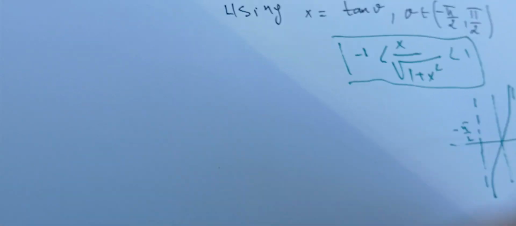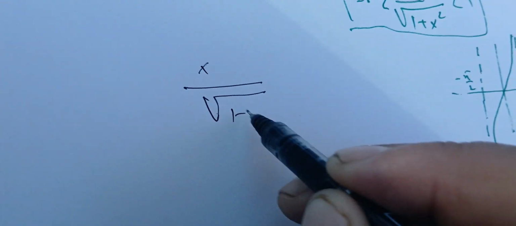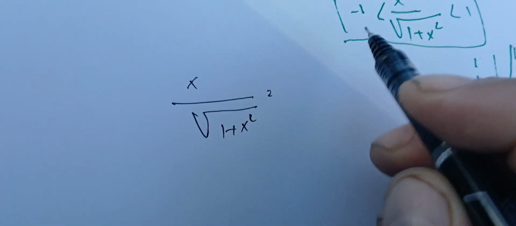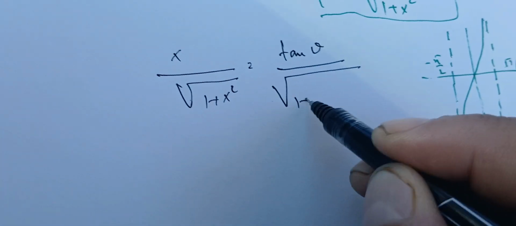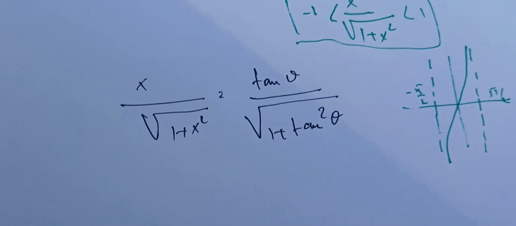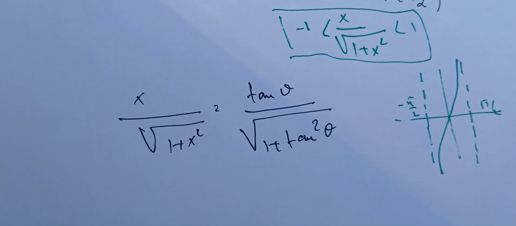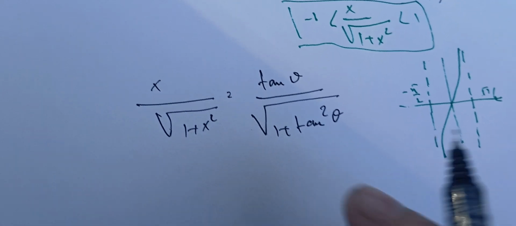So we have x over the square root of 1 plus x squared, and since x is the tangent, this is tangent theta over the square root of 1 plus tangent squared of theta. Here we are trying to simplify this expression. So we know that